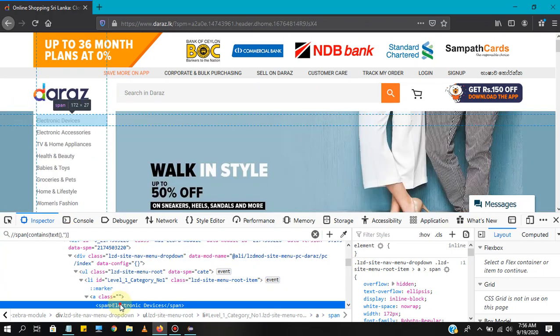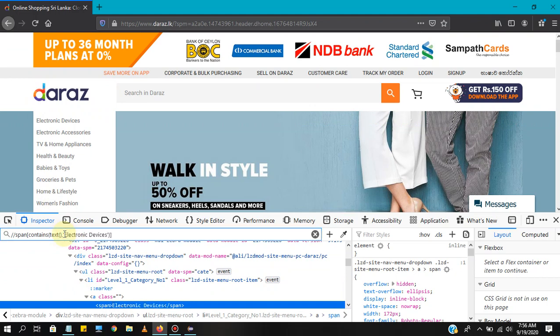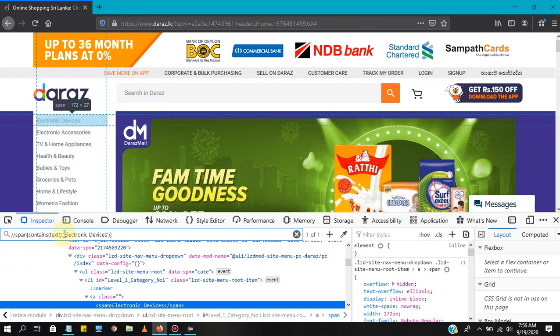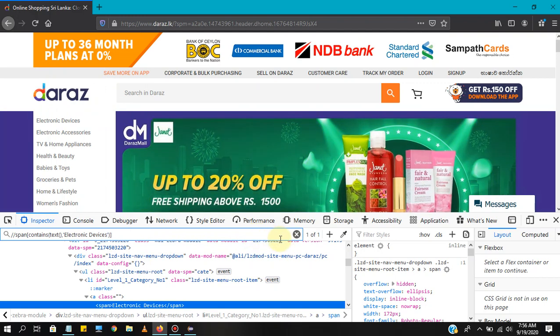Just copy this electronic devices, paste it here and click the enter key to make sure whether you capture that element in a proper way or not. Now you can see that web element got captured and you can see one of one.